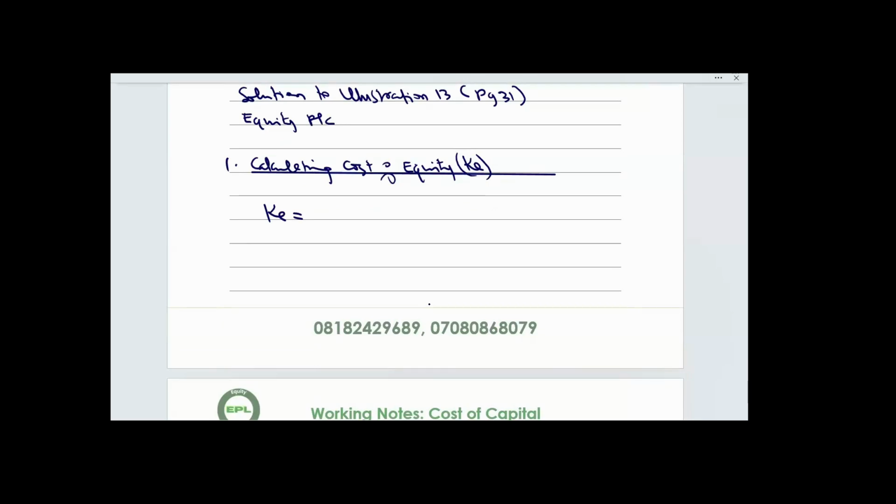Then I explained to you when we started, I said that cost of equity using dividend valuation model should be used when information on dividend and share price are given. So in this question of Equity PLC, we are given dividend, we are also given share price. Which means that we are expected to use dividend valuation model to calculate cost of equity. And I said that using dividend valuation model, cost of equity represents the ratio of dividend to XD share price, depending on whether dividend will remain constant or dividend will grow.